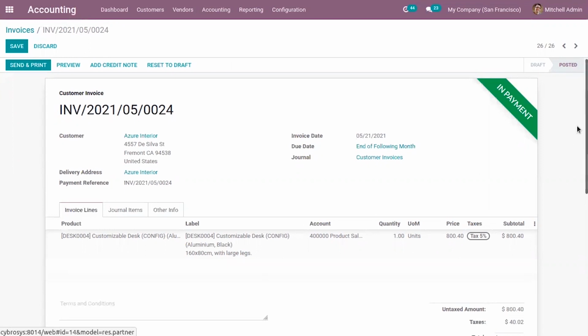So this is shown until the payment, that is invoice, is reconciled with the bank statement.